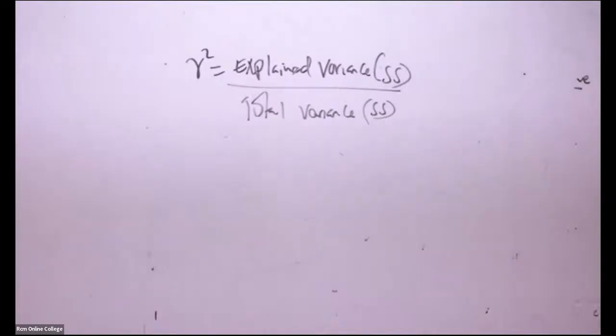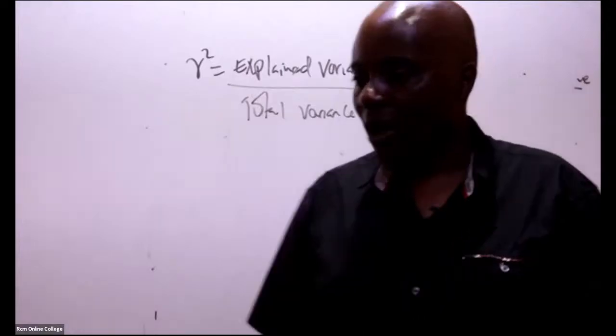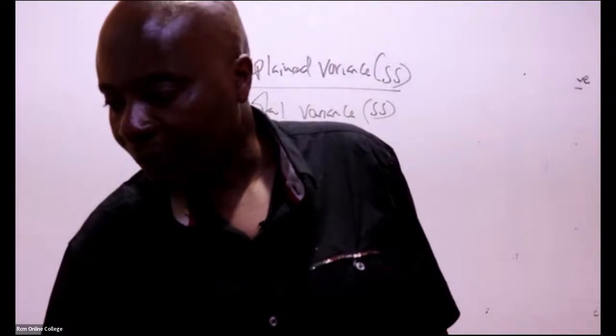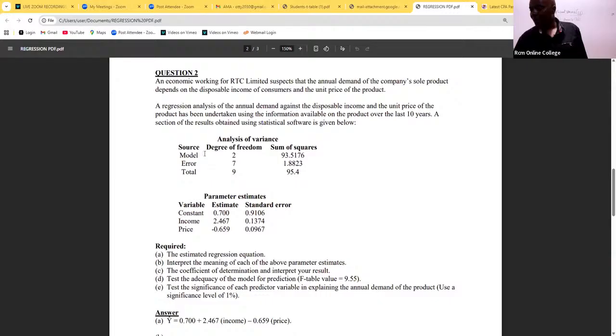Yeah. So you take the explained variance in terms of sum of squares all over the total variance in terms of sum of squares. Now, I hope you guys are able to remember that the model is regression. Model is explained. Error is unexplained. And then we have the total. So the model, which is explained variance, 93.5176 all over the total, which is